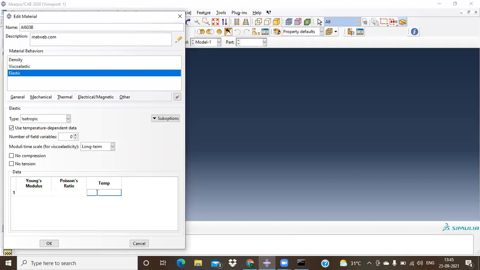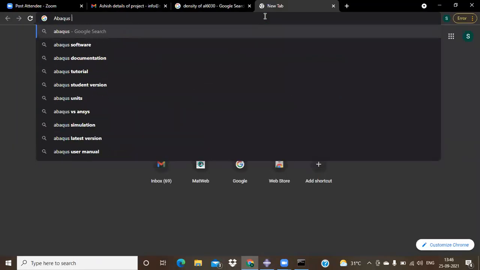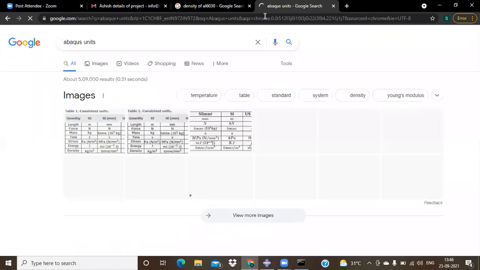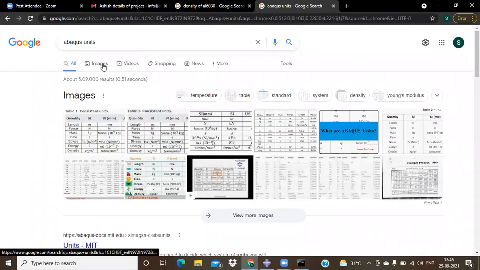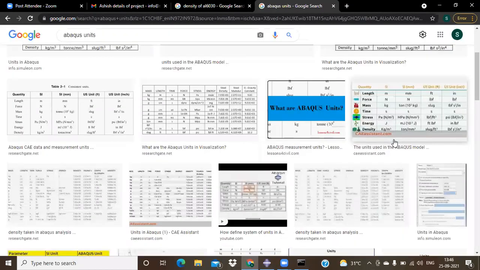In the last classes we have seen this, and I have shared this link also. If you just search for Abaqus units and go to the images, you can see some of the best images here.